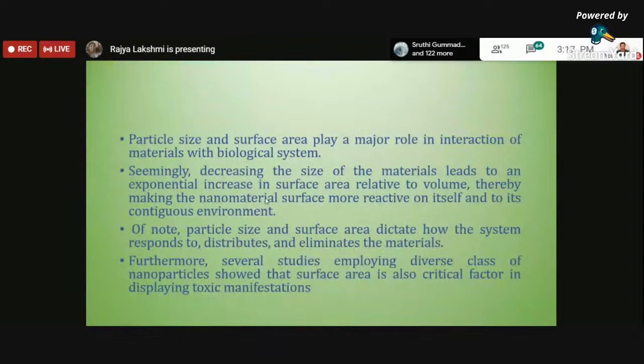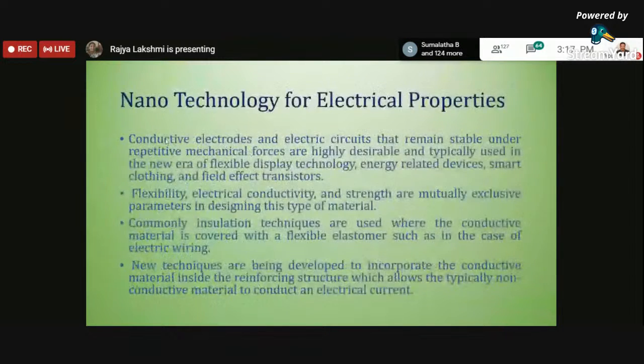So now people are trying to adopt the same technology for various surfaces, which are self-cleaning and self-reactive to various environments. And when it comes to electrical properties, people are now more concerned about energy storage, energy related devices, flexible display technology, smart clothing, field effect transistors, so many things. Whatever TV you are using, LED screens, DVD players, people are concerned about the size, of course, and at the same time it should be as smart as possible. That can be done using smart devices and electric circuits.